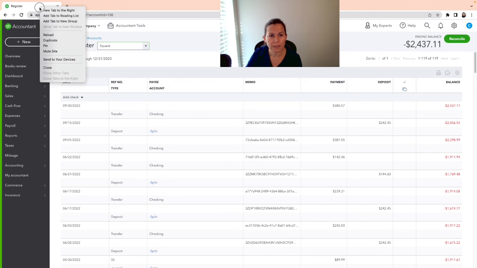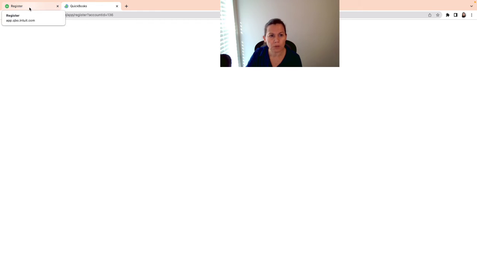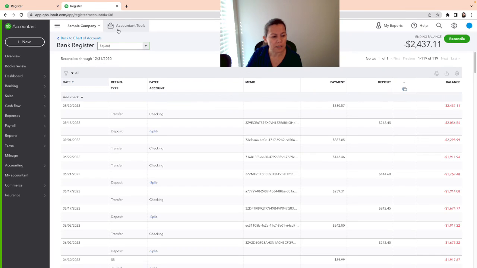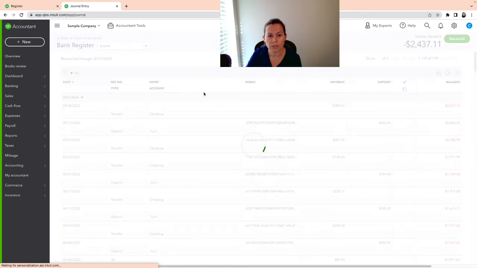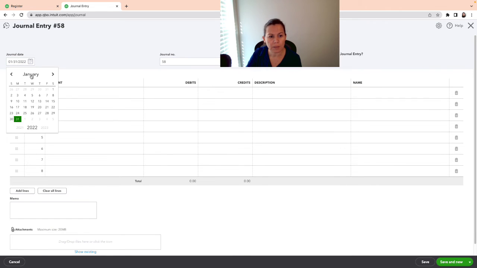So now I'm gonna duplicate my page. I love to duplicate the page. So you want to bring your mouse all the way to the top, right click it, click on duplicate, and you're gonna be able to work in two different pages. And here I'm gonna enter my journal entry. This was for September 30th,